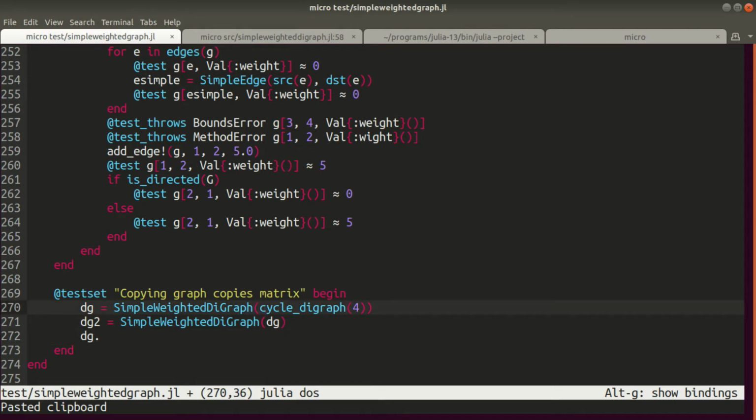It means there's an edge from 1 to 2, from 2 to 3. Let's add an edge on the initial graph from 1 to 3 with weight 2.5,